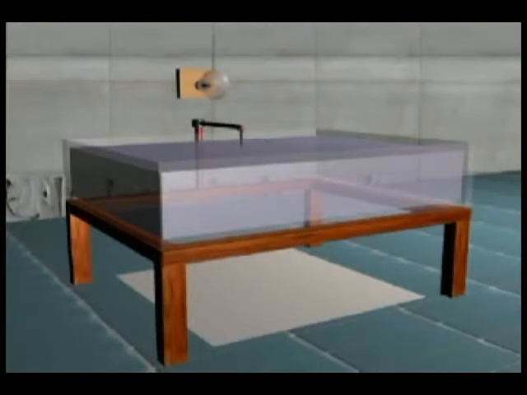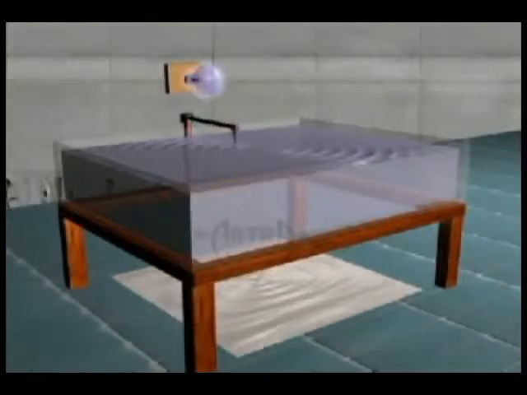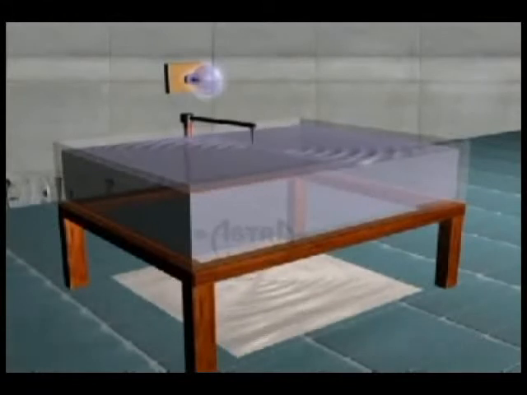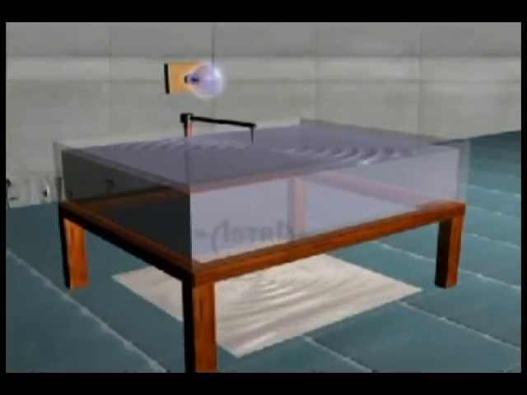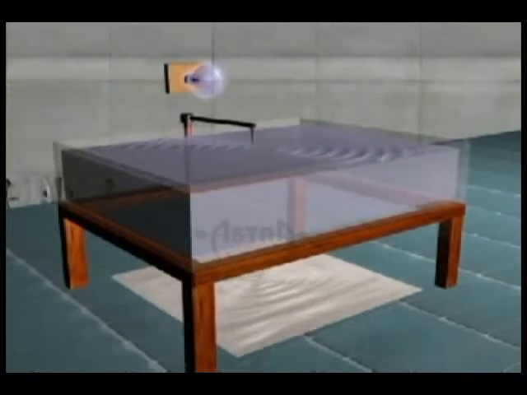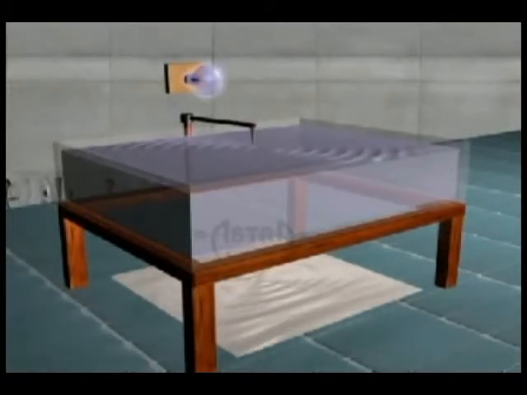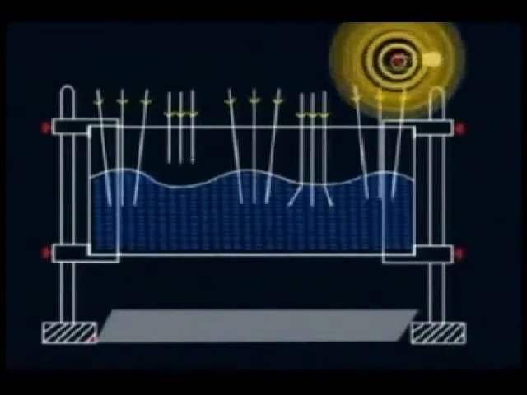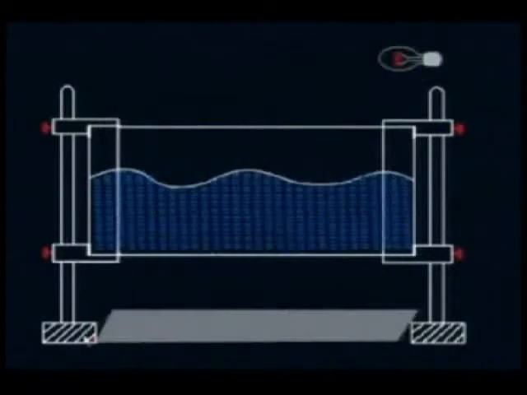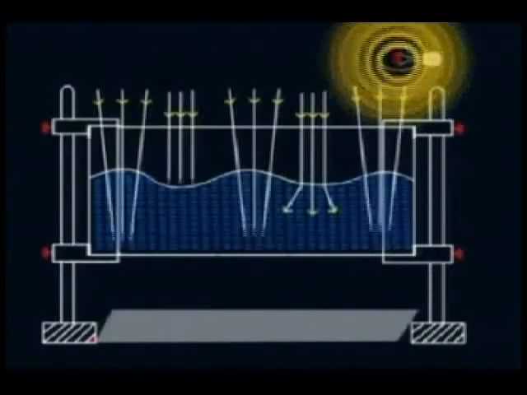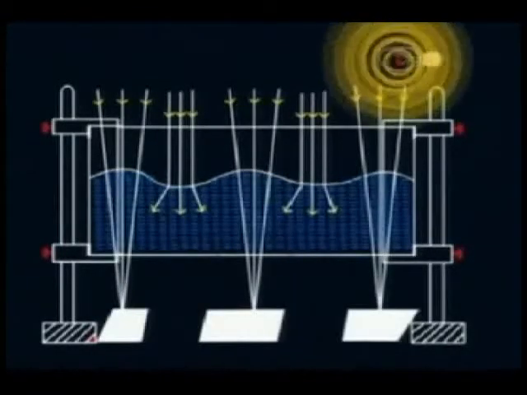When the strip vibrates, the needle also vibrates and produces disturbance. This disturbance travels in the form of circular water waves. The crest of a water wave behaves as a convex lens and the trough as a concave lens. In the case of a trough, the light diverges and forms a dark band. In the case of a crest, the light converges and forms a bright band.